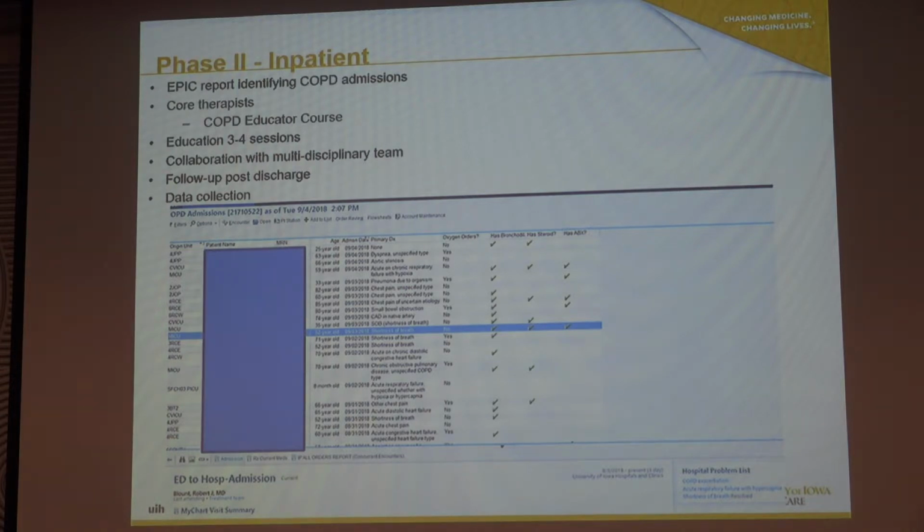It then brings in the patient information, such as location, MRN, and age. We had them bring in whether they are on oxygen, bronchodilators, steroids, and antibiotics. So if a patient has COPD exacerbation as a primary diagnosis or on their hospital problem list, they automatically make our list and we'll go do education for them. If a patient has COPD on their hospital problem list but isn't necessarily being treated for exacerbation, they must meet 3 of 5 criteria,